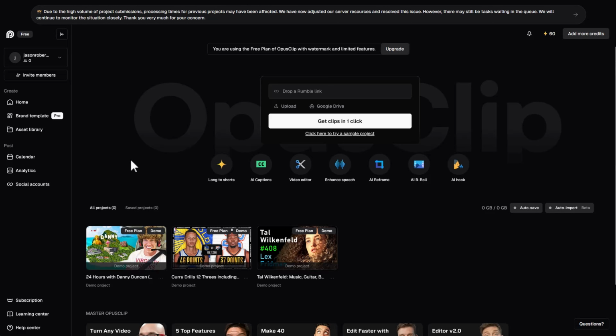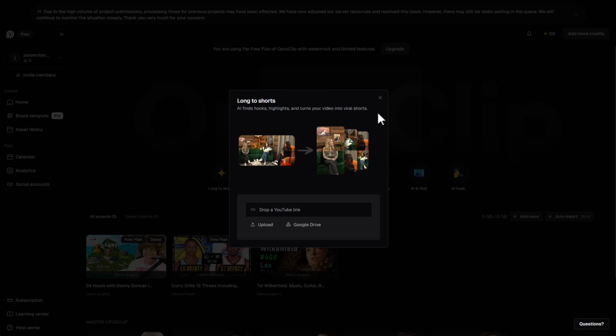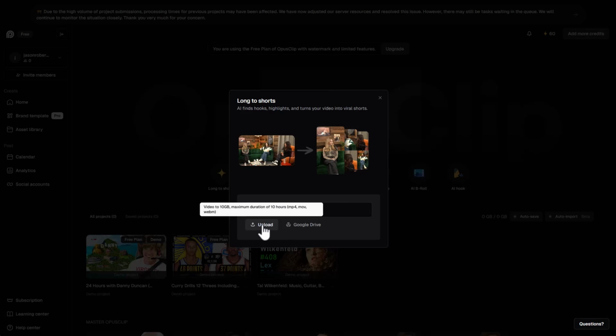It has a ton of features, one of which is the ability to take a long form video, chop it up into clips that you can either publish yourself to things like YouTube Shorts or Reels or TikTok, or even use built-in calendar and auto publishing tools to make it even quicker. Either upload a video to Opus Clip, or if it's already published, copy the link to the video and then paste that into Opus. Opus Clip will download that video, process it, and allow you to chop it up into